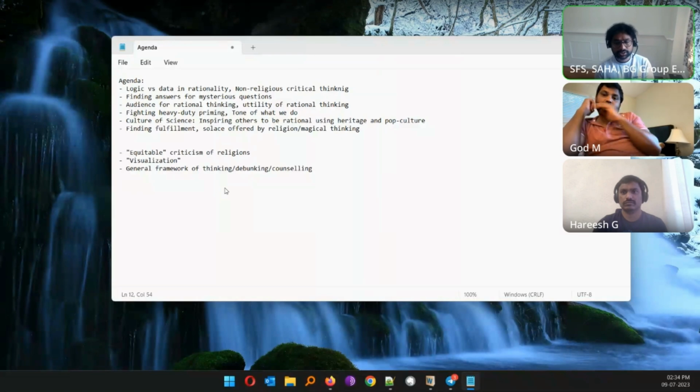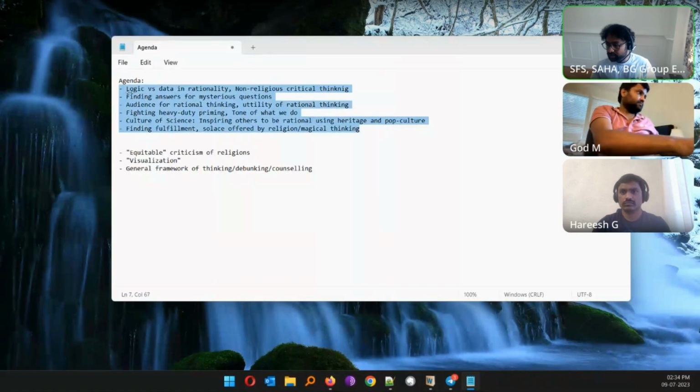Yes, I think that's true. I think we can even generalize it more when we discuss this. So we also have Chandra garu and Ram garu. So Chandra and Ram, do you want to add something to the agenda as well, looking at these points? Do you see something that you want to add as well?